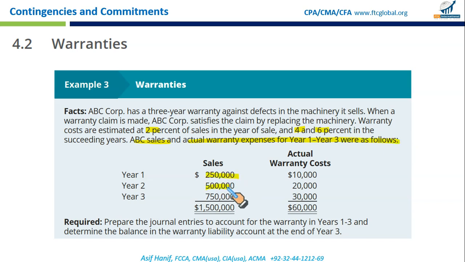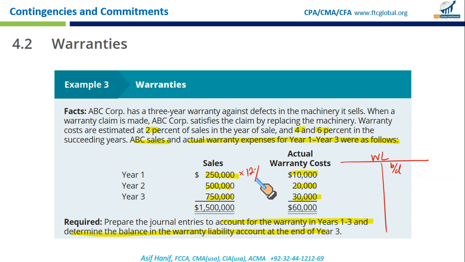And these are the sales figures, these are the actual warranty costs. Prepare the journal entries to account for the warranty in years 1 to 3. Determine the balance in the warranty liability account at the end of the year. I'm going to give you a format that will be very helpful for questions like these. This is the warranty liability account. It may have an opening balance, which is credit. Every year, like in the first year, I'm going to create an